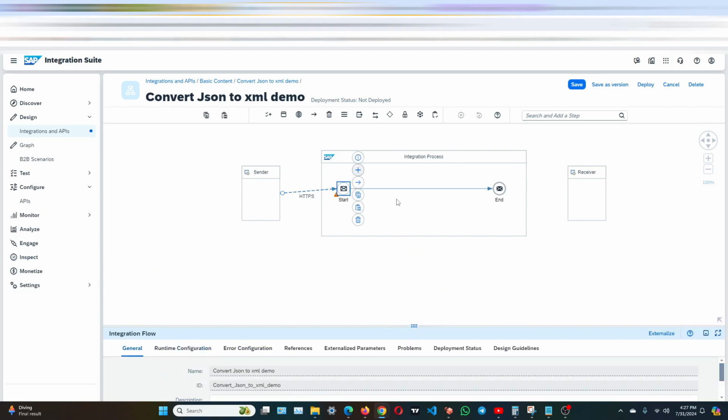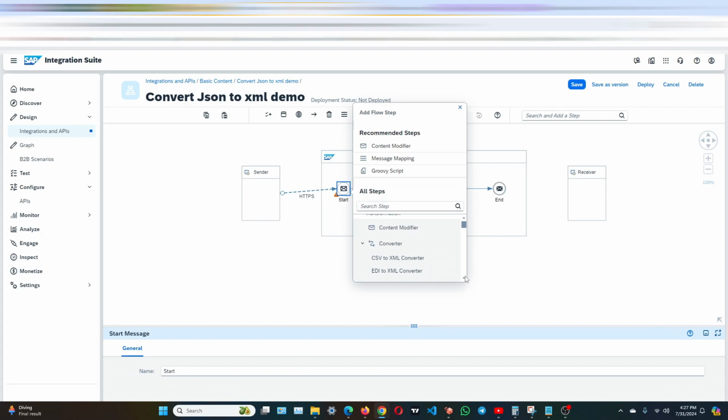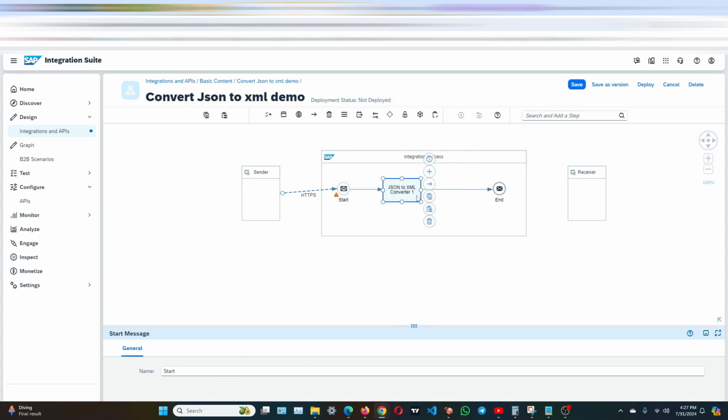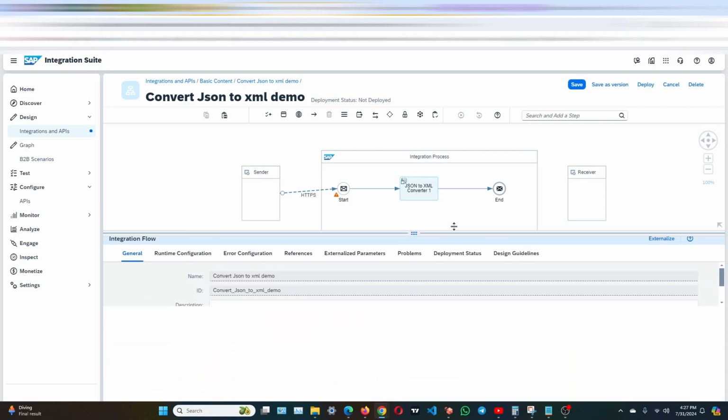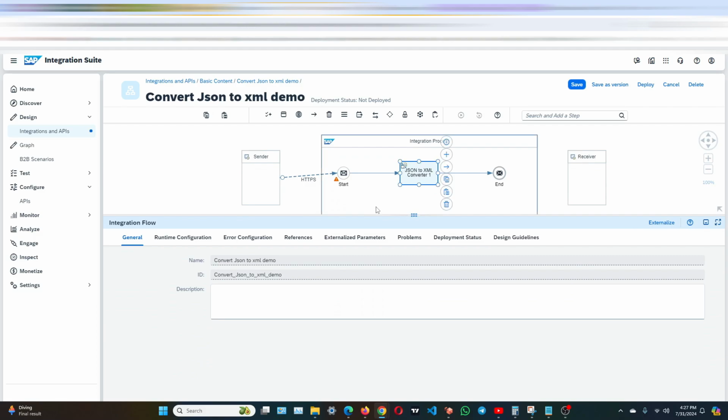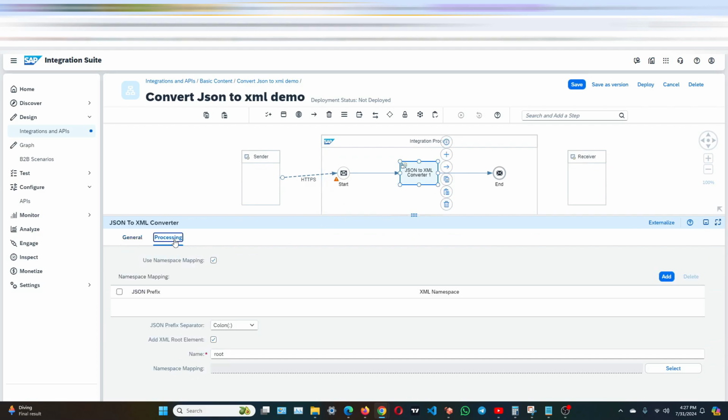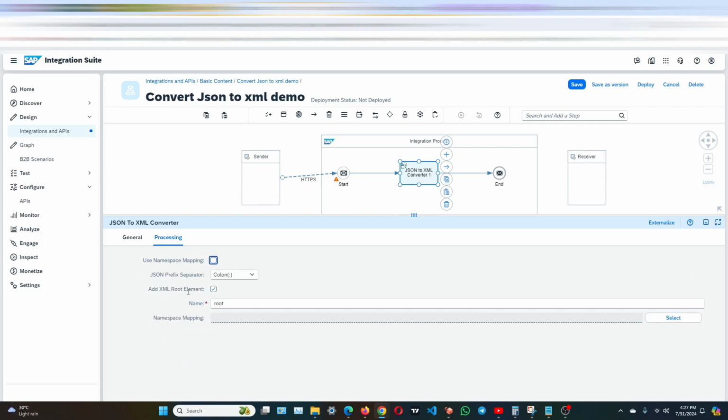Now let me add the JSON to XML converter. Let me bring it up here. Now in the processing, we will uncheck this namespace mapping, and in the add root element, in the name,